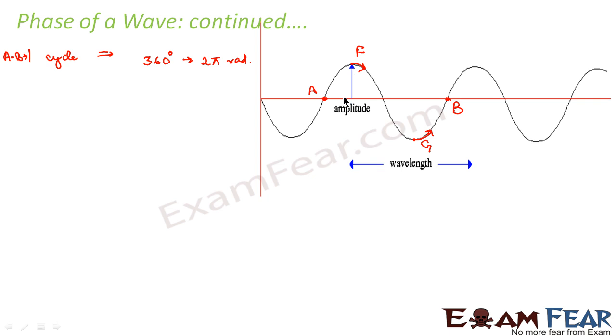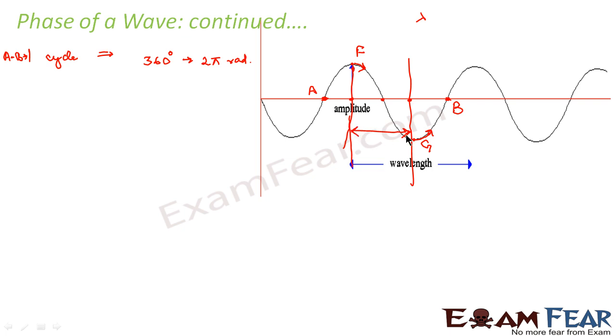So, this is the position of point F. Similarly, this represents my point G. If you see this distance, what is this distance? As I told you, your total wave was from A to B. Let us suppose from point A to point B is lambda. Then from this to this is lambda by 4. Again, from this to this, lambda by 4. From this to this, lambda by 4. And from this to this, lambda by 4. So this total lambda can be divided into 4 equal parts.